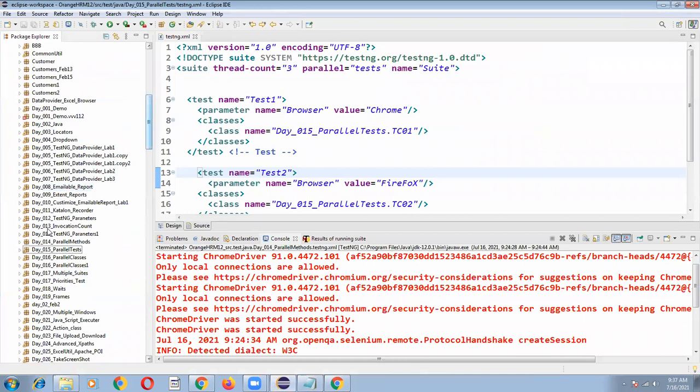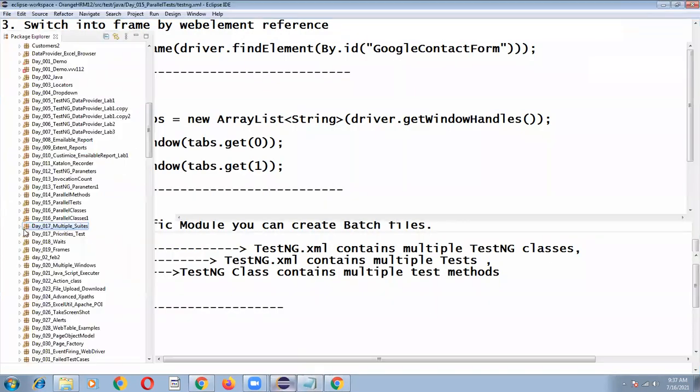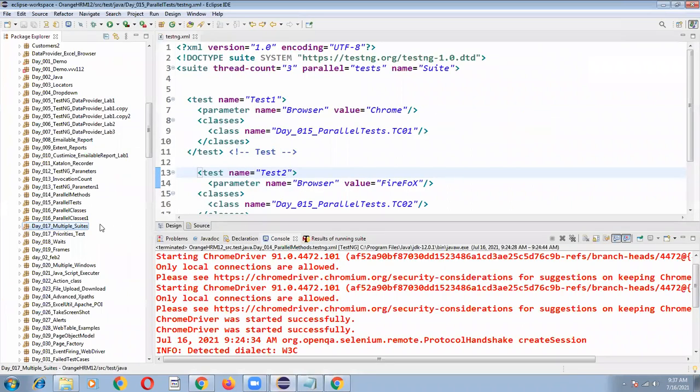So lab number 17. Today's class I'm not telling any of the programming logic. I'm doing it completely on the testng.xml only. See my running notes also. I'm not doing any programming logic, I'm just telling completely about testng.xml only. Now let's go to the